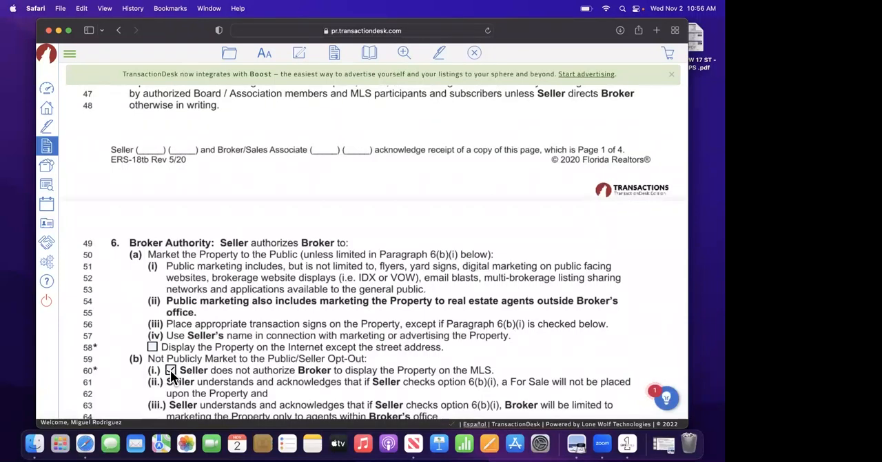If they just want you to sell the property, and I haven't seen a seller that would want to do that. But if you do run into it and the seller does not want to let you list the property on the MLS and they want you to sell it through social media, a for sale sign outside the house, whatever the case may be,